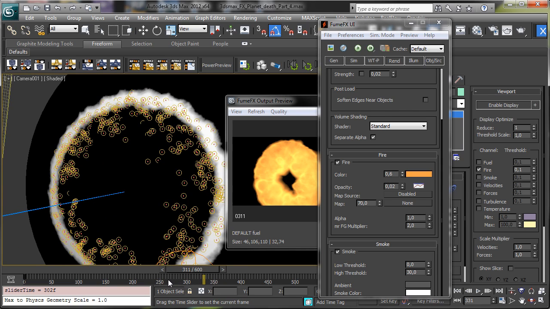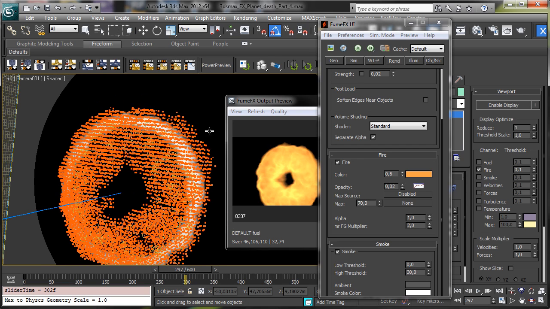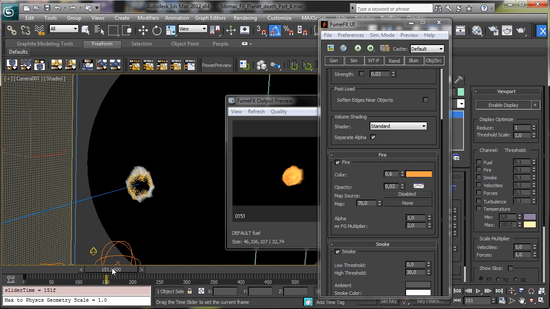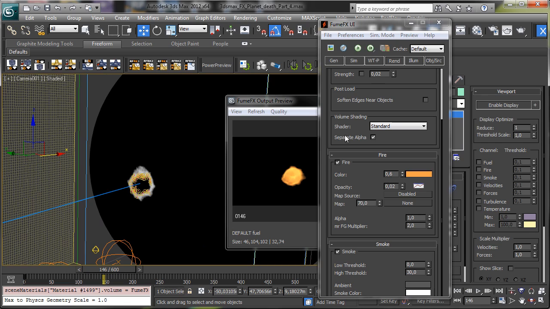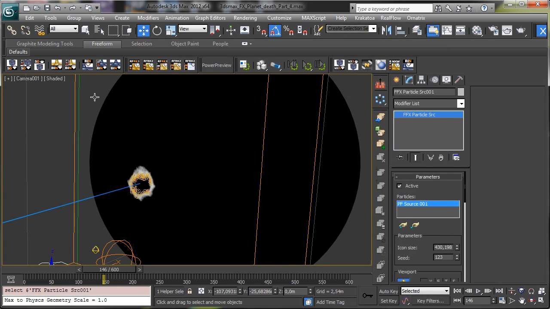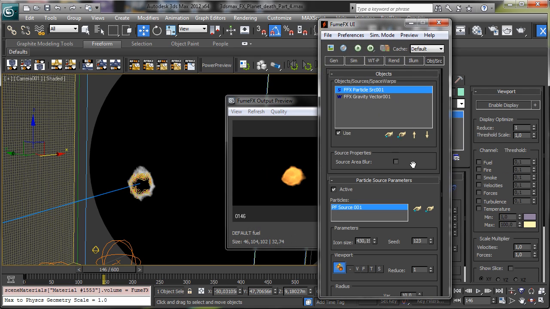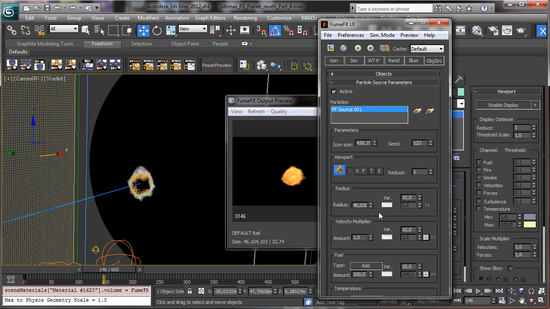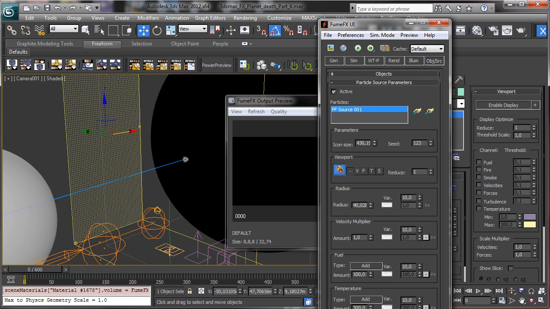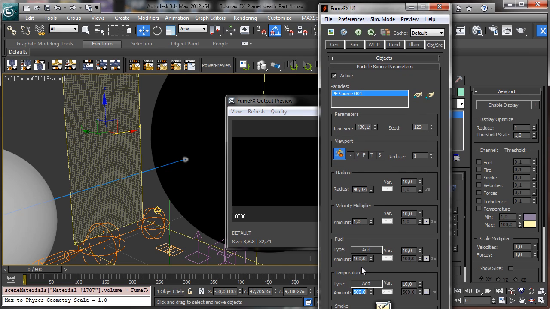Okay. And then another thing I like to do is to say that the fire is starting later. Let's say we have no preview. Or we can start there, but we need for sure. Let's select the source, maybe directly inside Film Effects. So that's the source, and we can say that we have no fuel at the beginning, or no temperature. Let's say that we have 0 temperature,